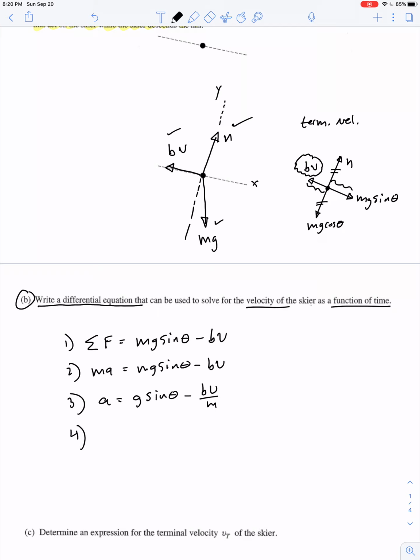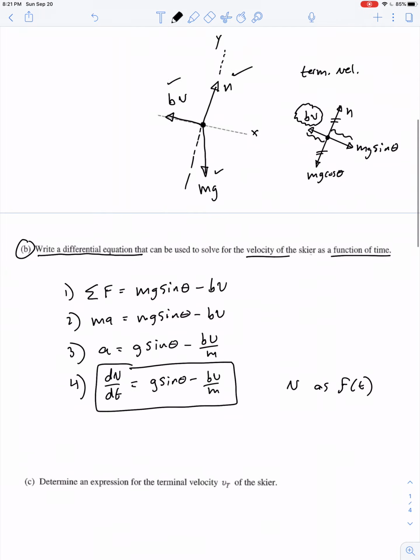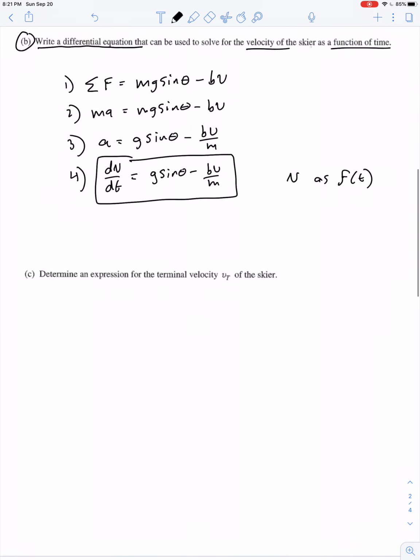So lastly, if we want to make this a differential equation, we just need to substitute in place of a the expression dv dt. So dv dt is equal to g sine theta minus bv over m. There we have it. That represents some differential equation that we could solve to come up with velocity as a function of time if we wanted to. Determine an expression for the terminal velocity. So at some point,